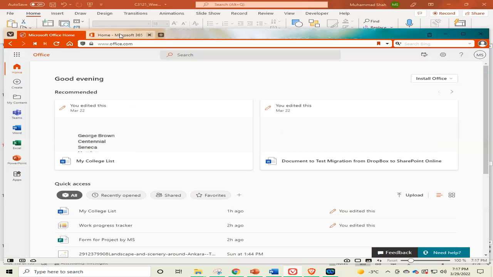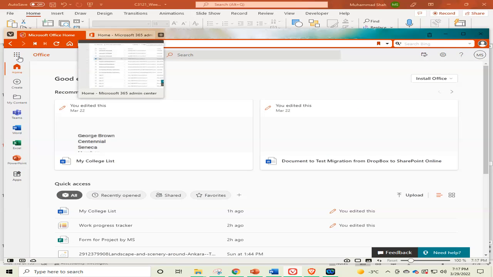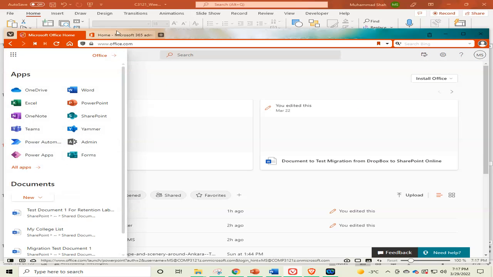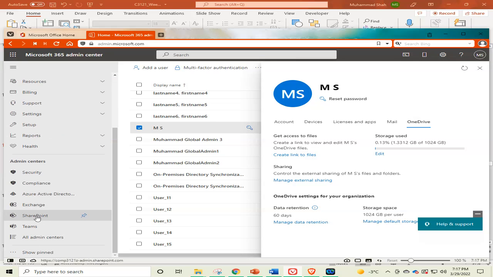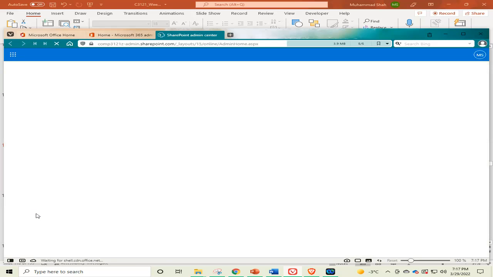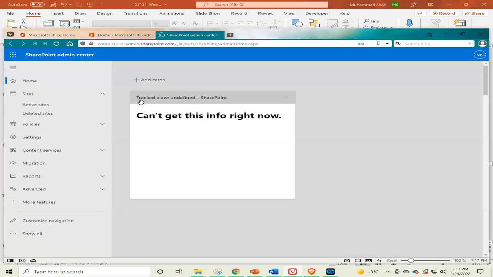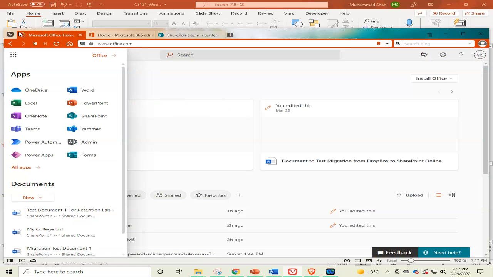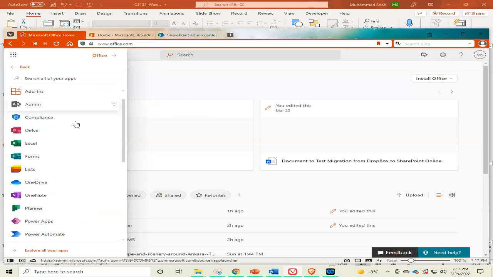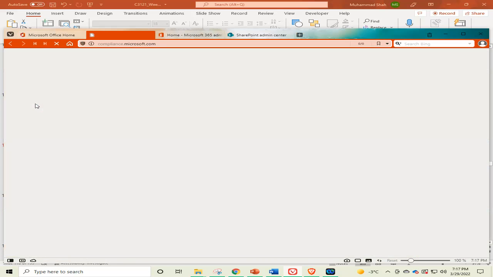We can click on the, and go to admin, reach to Microsoft 365 admin center. Then we click on our SharePoint admin center, and we reach to the SharePoint admin center. But right now we want to reach to compliance. So let's see if we can go from here. All, yeah, the compliance is here. We click on it,